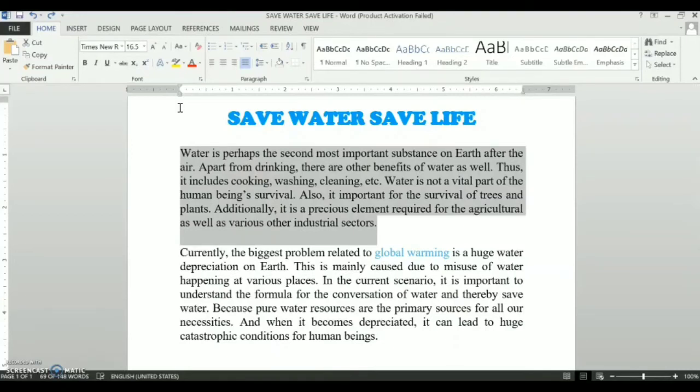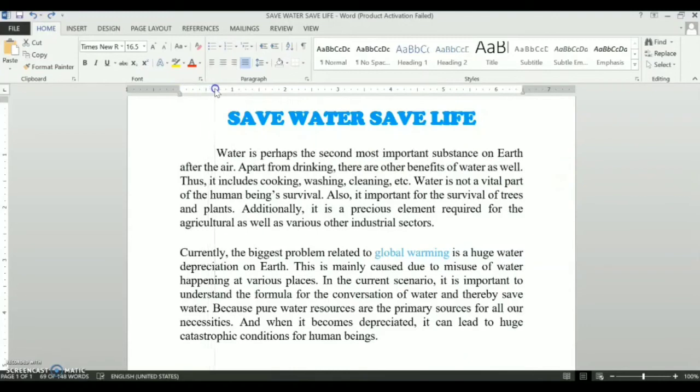So it is very easy. Indenting is also used to set a section of text apart from the rest of the body to draw the reader's attention. So this way you can move the complete paragraph or first line of it to a specific position, either from the left or right margin.